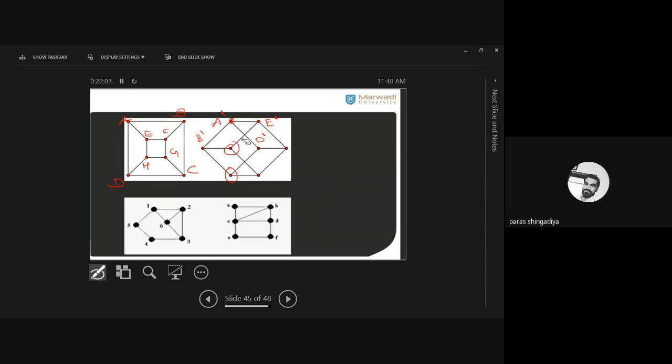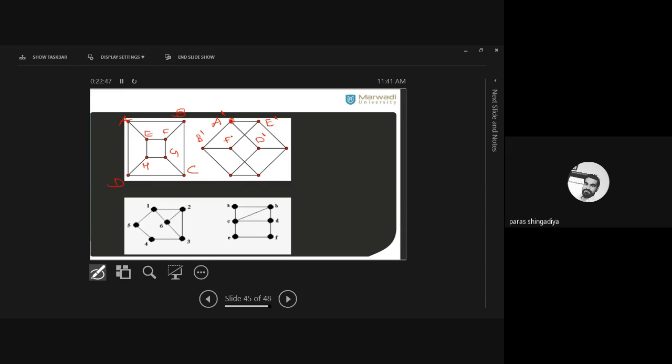ठीक है, so if I consider this vertex as the place of C dash, then it is incorrect. Okay, that vertex is not an image of C dash. Clear? Why is it not the image of C dash? Because after that we have no relation between C dash and D dash. There is no edge between C dash and D dash after that. Here it is connected. Clear? So that is not a suitable place for C dash. Clear? Randomly we cannot put any image of a vertex. You have to first verify the remaining connections, the remaining adjacency also. Clear? So here it is not C dash, it is wrong.